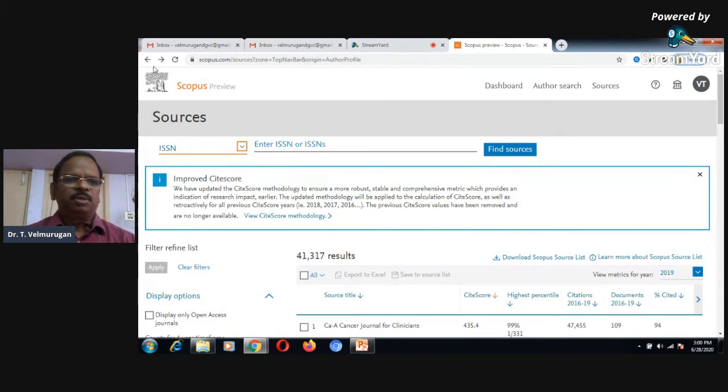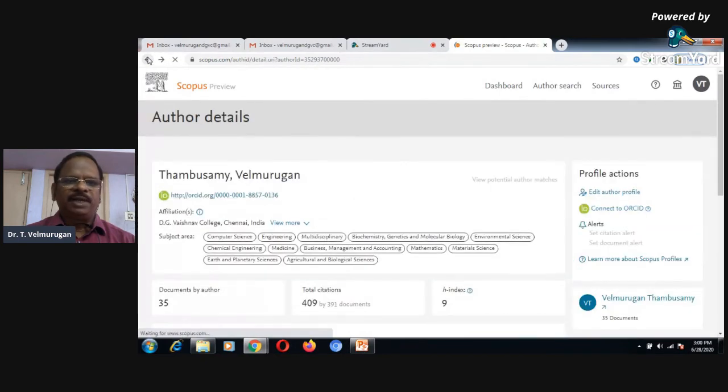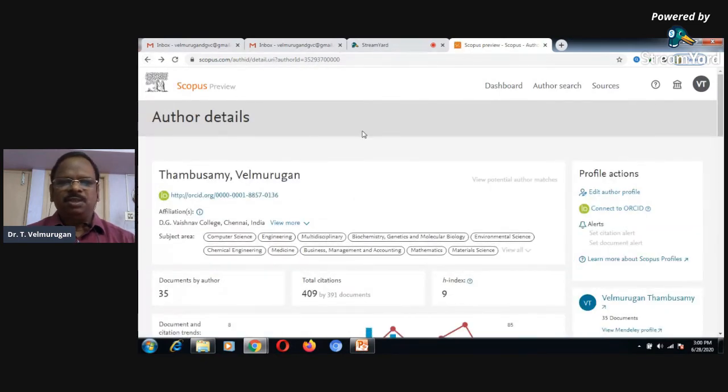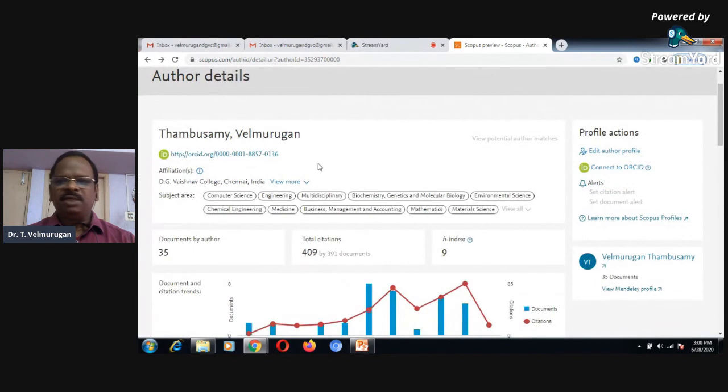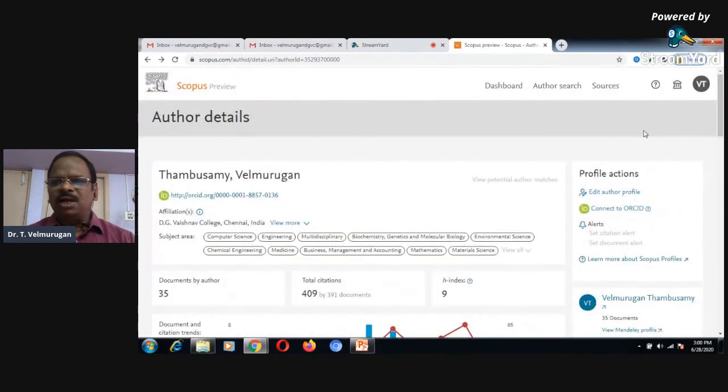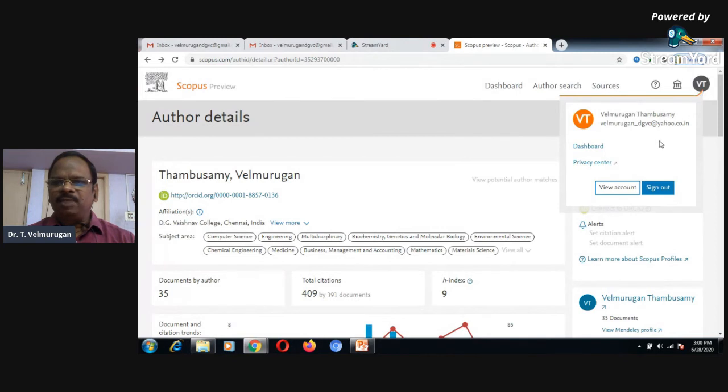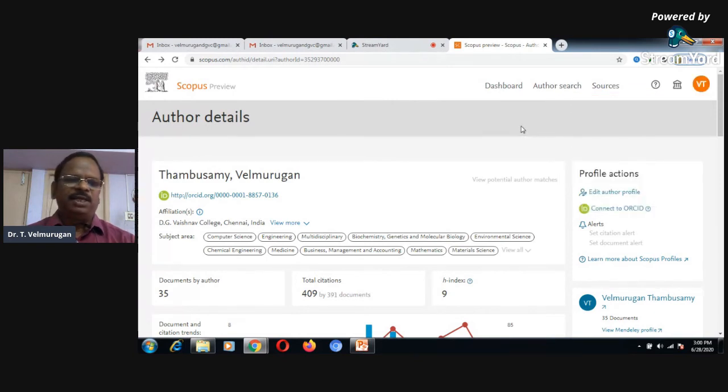Very simple. Now next, how we can correct your papers. I already have a login for this also. You know that, using my login, I have already entered. Okay, so using your mail ID, you have to create a login for the Scopus database, in order to find your article, whether it is available in the Scopus database or not.